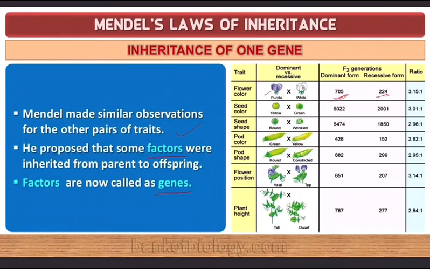Those factors which Mendel called, we now call genes. In this you can see he had a lot of patience, because he could calculate even the mathematical numbers: how many dominant, how many recessive, when the combination is this. For one gene inheritance, flower: 705 plants, dominant